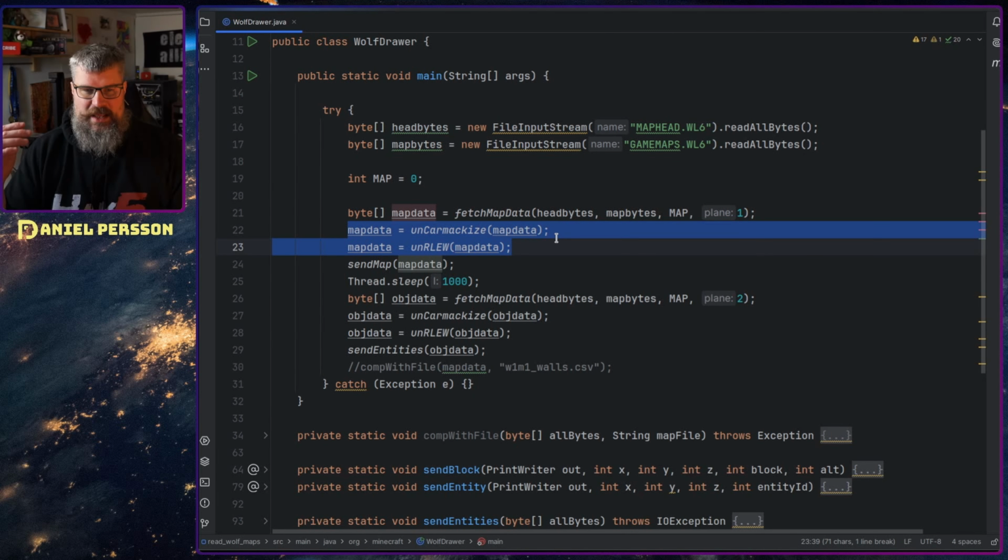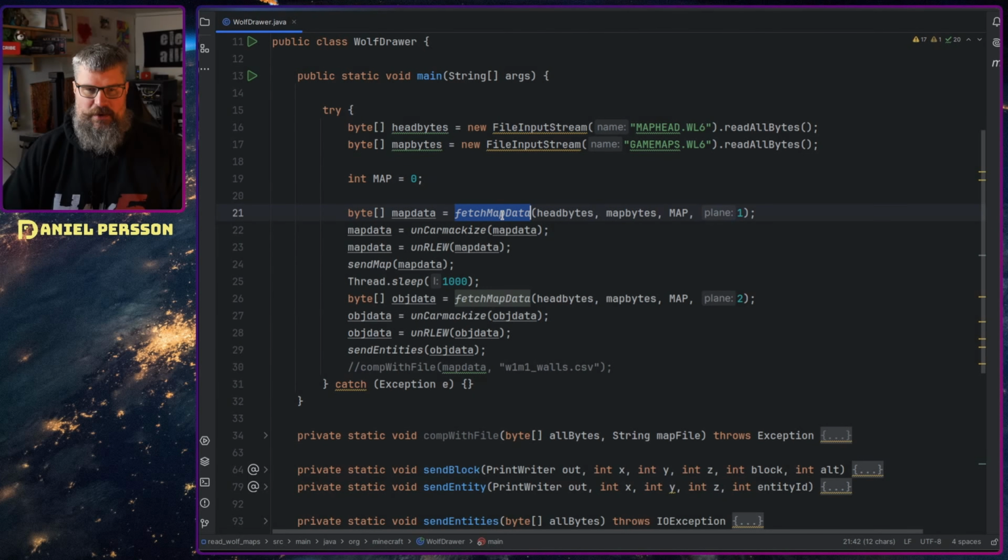What we need to do with this data is fetch it from the map data. So figure out what part of the map data is the actual data. We will fetch the bytes that are there. So we will go from a particular pointer in the map data to a particular size. Then we will